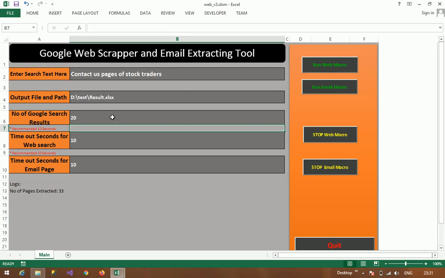Then it will go through 20 web pages and extract the URLs from each of them, and then we will have a big data set to find the email addresses.